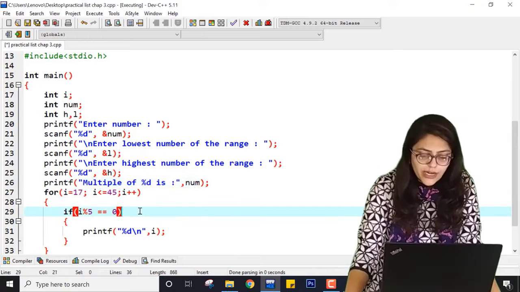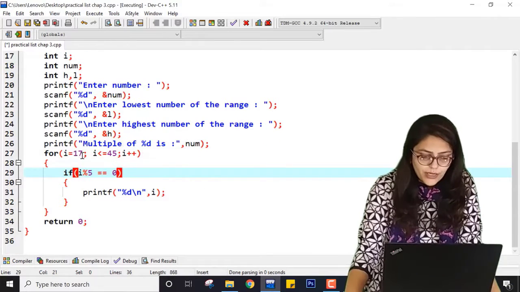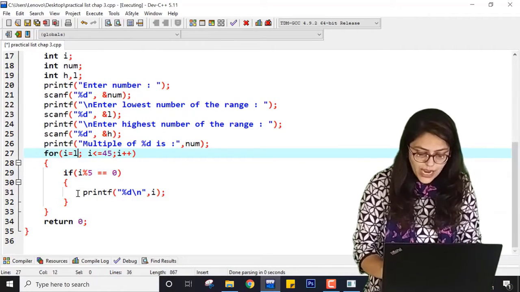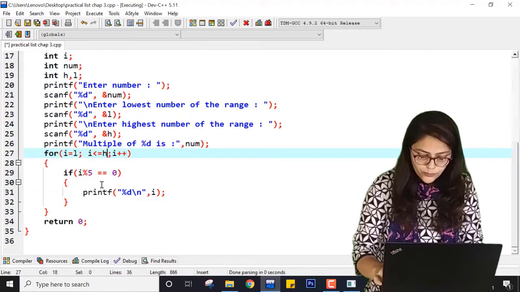Whatever value is entered by the user, I want to find its multiples, and it will start from L and go up to H.